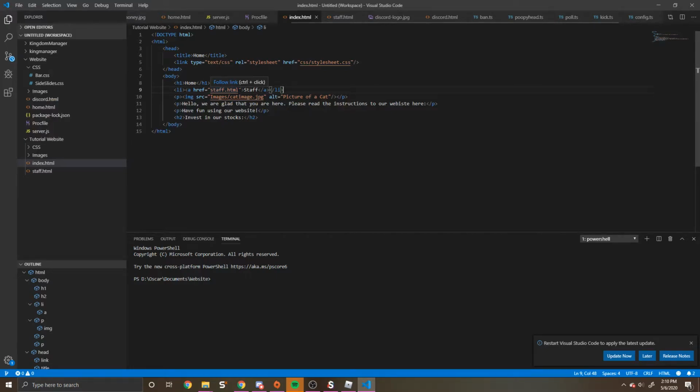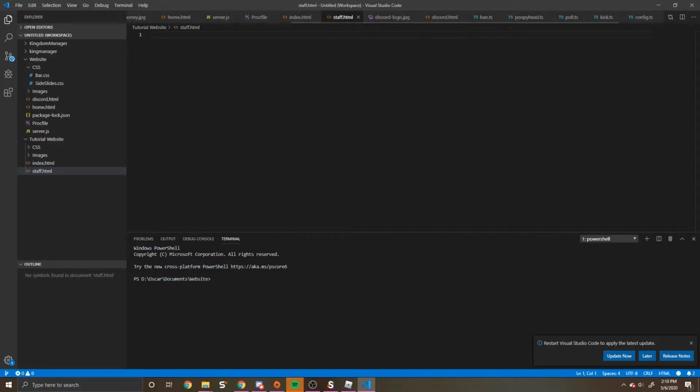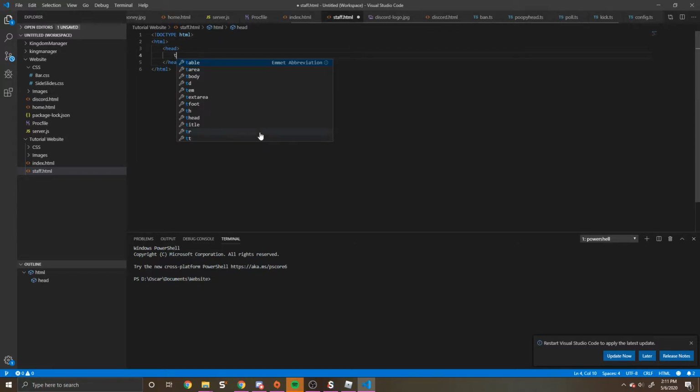So now we can do some more stuff. What we want to do is go to here and start adding some stuff. The same thing as doc type HTML. I'm going to kind of skip ahead. HTML, head, title, staff, and then